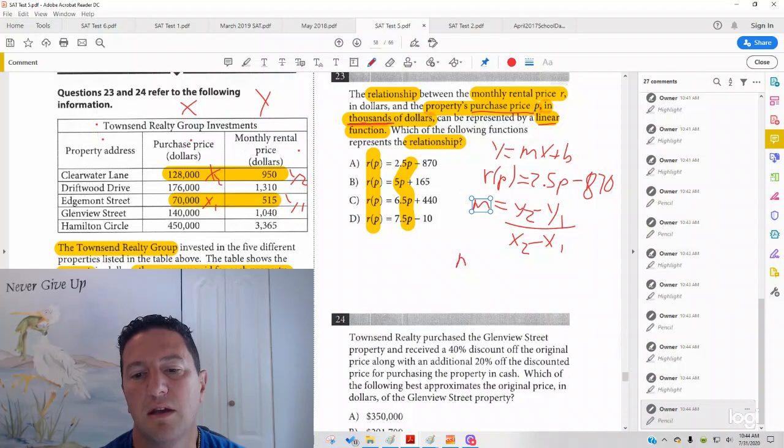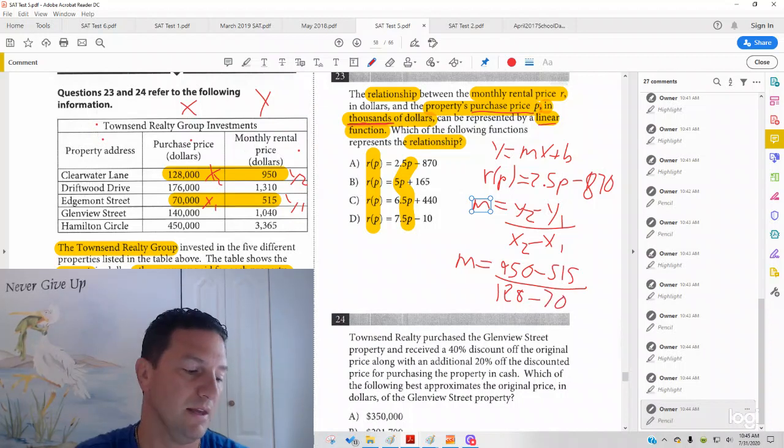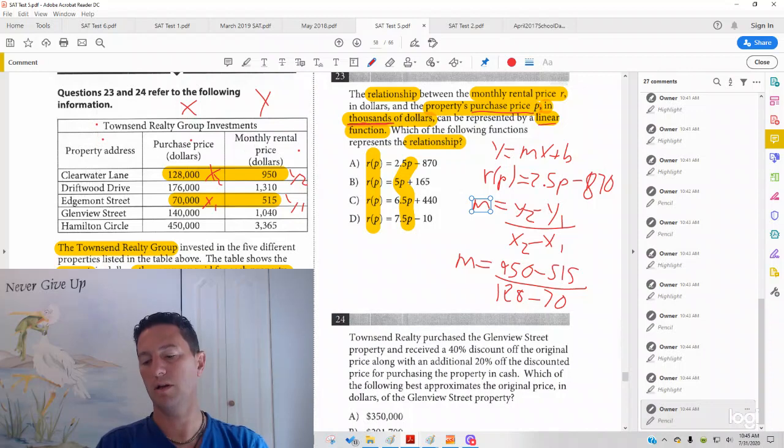So now we get that your slope equals y2 minus y1 over x2 minus x1: 950 minus 515 over 128, not 128,000, but 128, because remember it's in thousands of dollars, minus 70. And now, when you're plugging into your calculator,